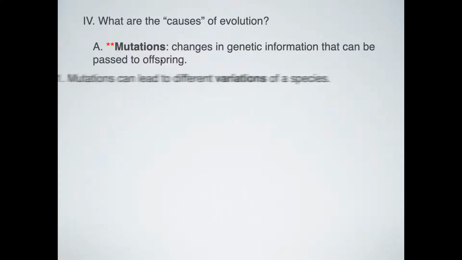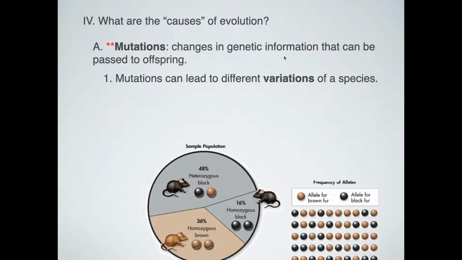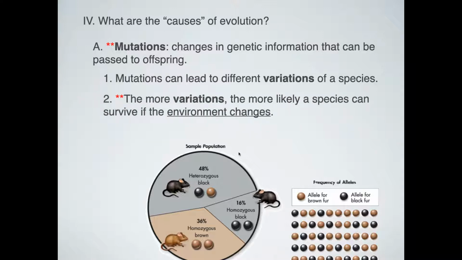And so mutations can definitely lead to variations. And remember, one of the very first things that Darwin saw on his trip to the Galapagos was variations. And he was thinking that is probably one of the keys to how evolution works. And so the way it works is that mutations can accumulate over long periods of time. There are certain organisms like bacteria that can get mutations very, very quickly because they're a lot simpler. Also, they reproduce a lot more. And so the more variations that you have, the more likely your species can survive if there is an environmental disaster or an environmental change.